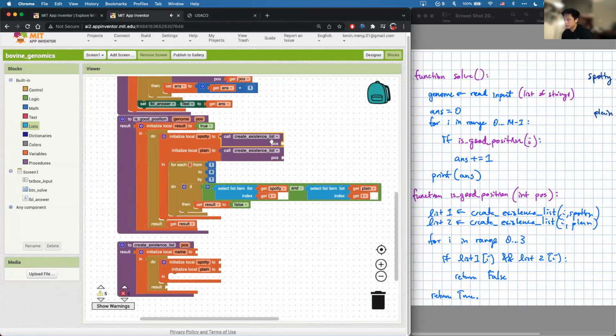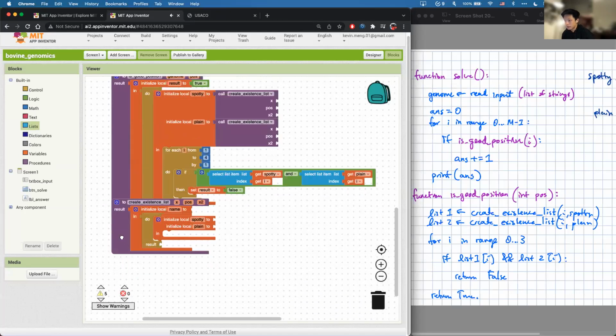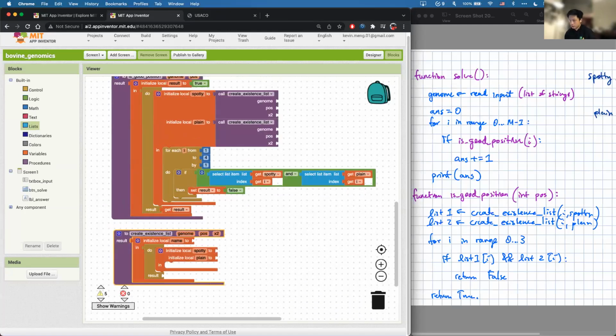And in create existence list, we're going to have to do a few things. We're going to need a few arguments. We're going to need the position, obviously. We're going to need the genome, and we're going to need another thing. This is going to be genome. This is the position. And this one is